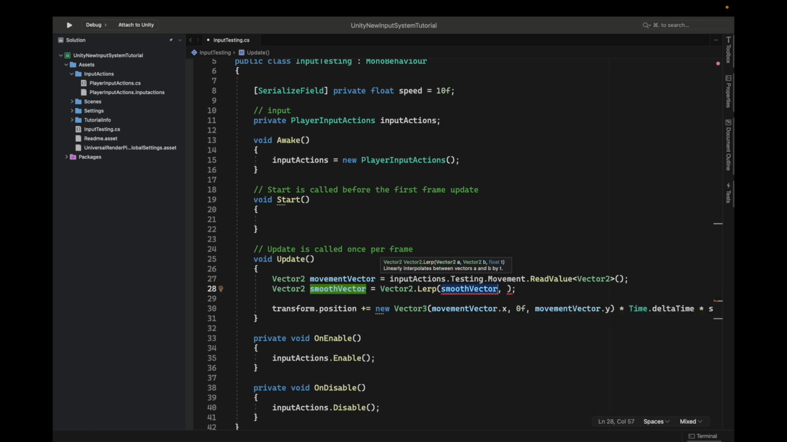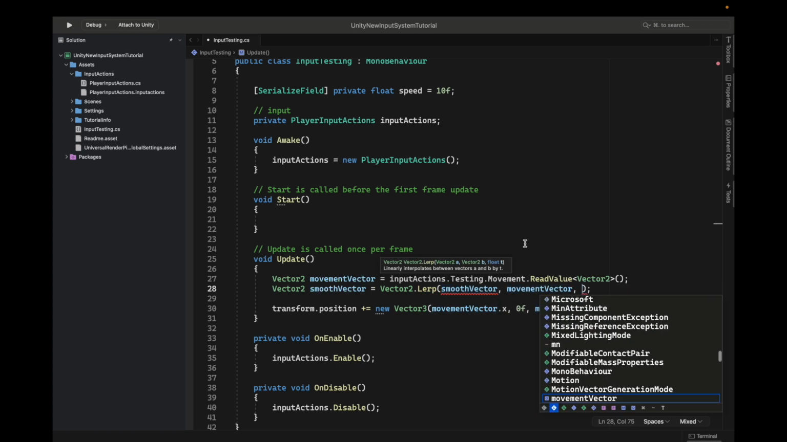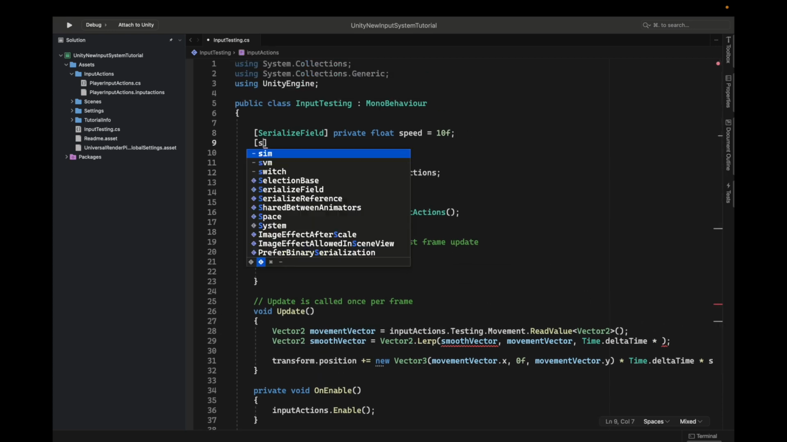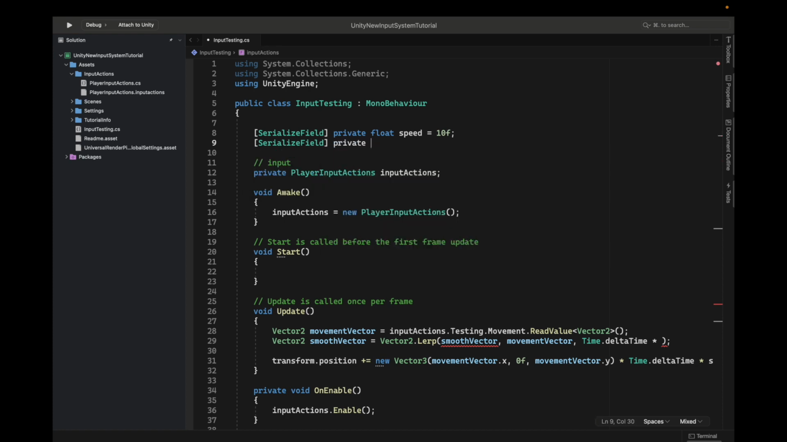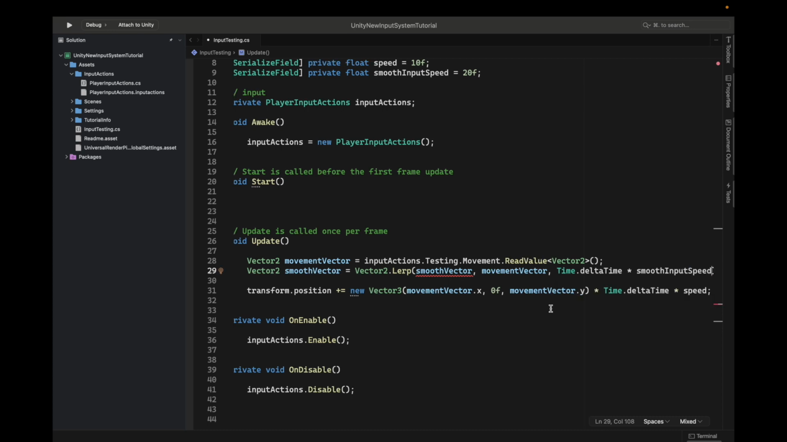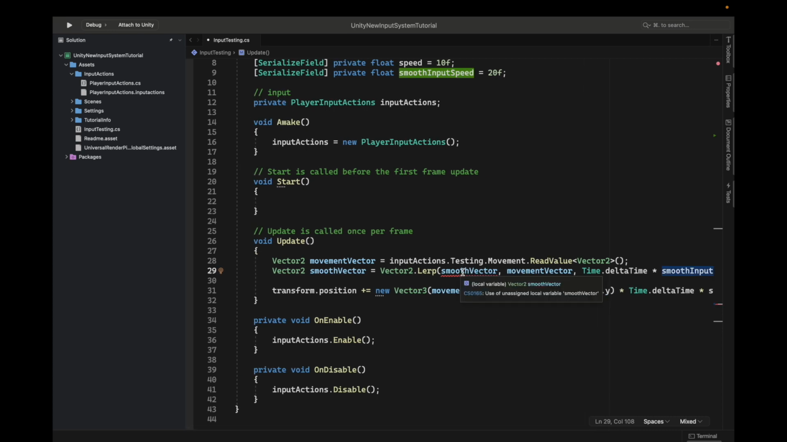So the way to do this is to make a new Vector2, call that one the smooth vector, and set it equal to Vector2.Lerp. We're going to lerp from the smooth vector to the movement vector, and we're going to use a smooth speed of input, so basically Time.deltaTime multiplied by, and now we need to have a new SerializeField, and this has to be private, and this is also a float. This is going to be the smooth input speed, equal to, I'm going to say 20. So 20. You're going to simply multiply Time.deltaTime by smooth input speed, and on the smooth vector